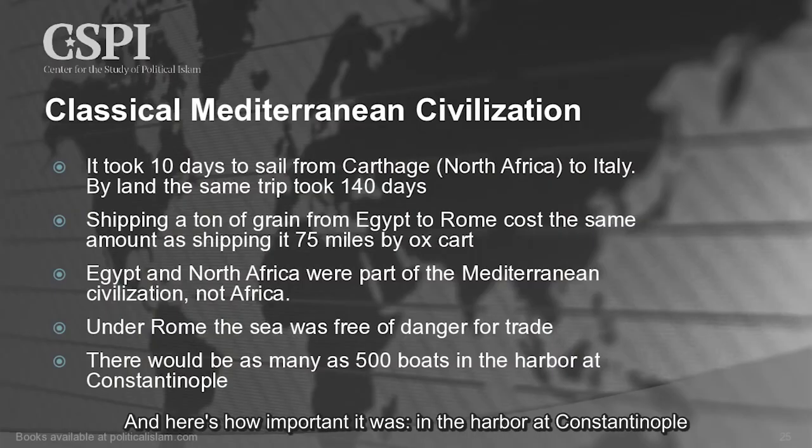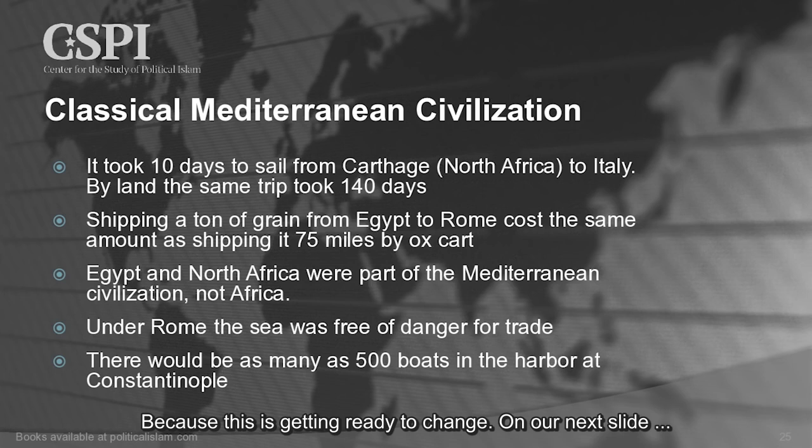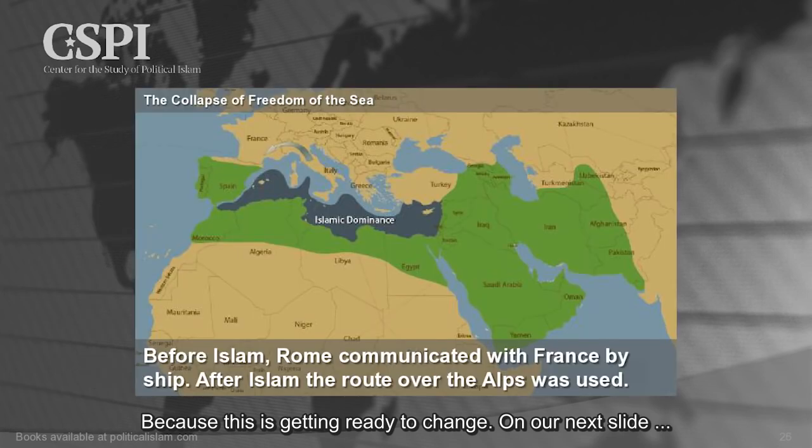And here's how important it was. In the harbor at Constantinople, there could be as many as 500 ships. Do you see the importance of the Mediterranean? Because this is getting ready to change. On our next slide,